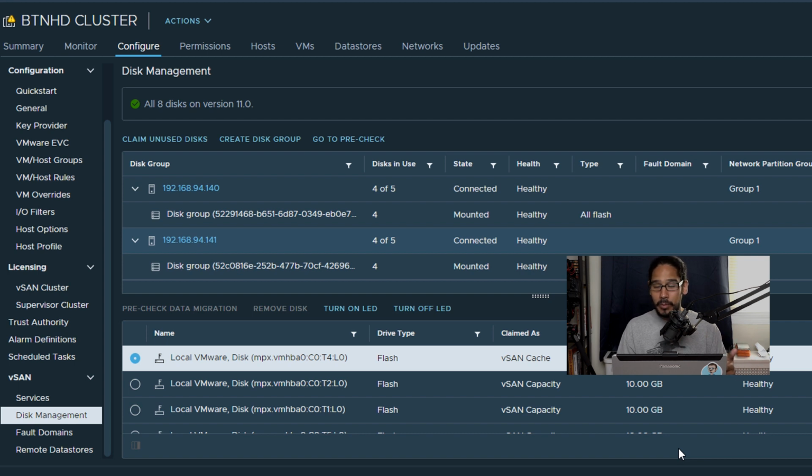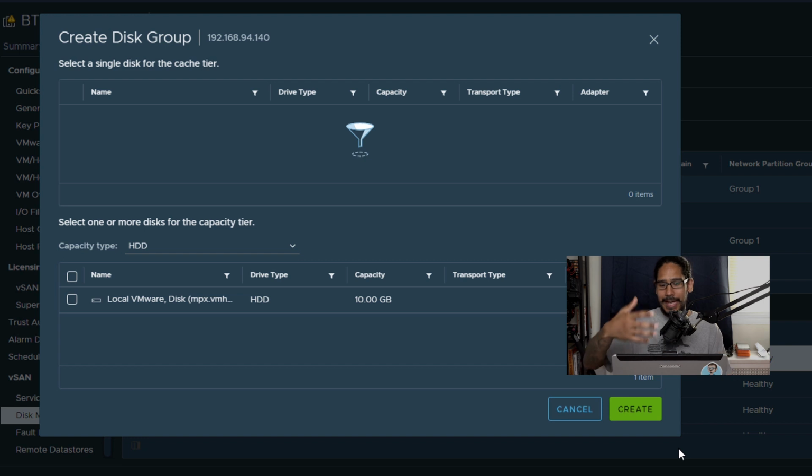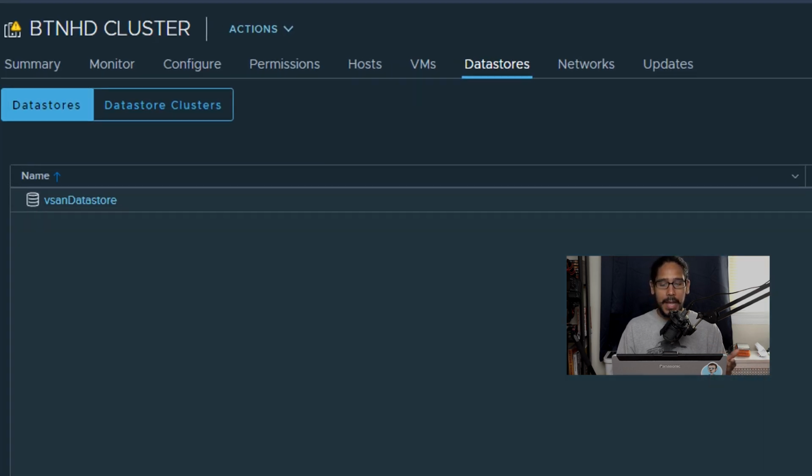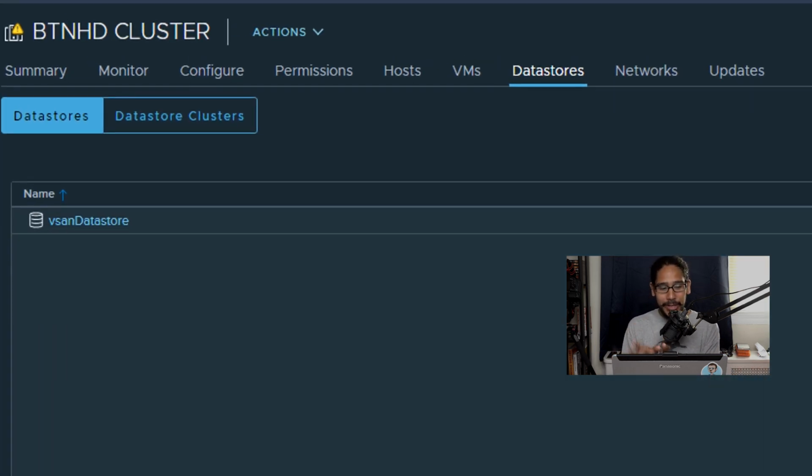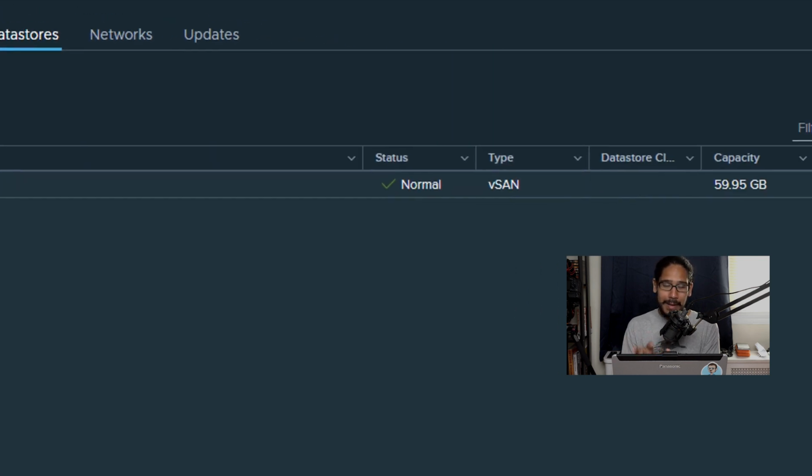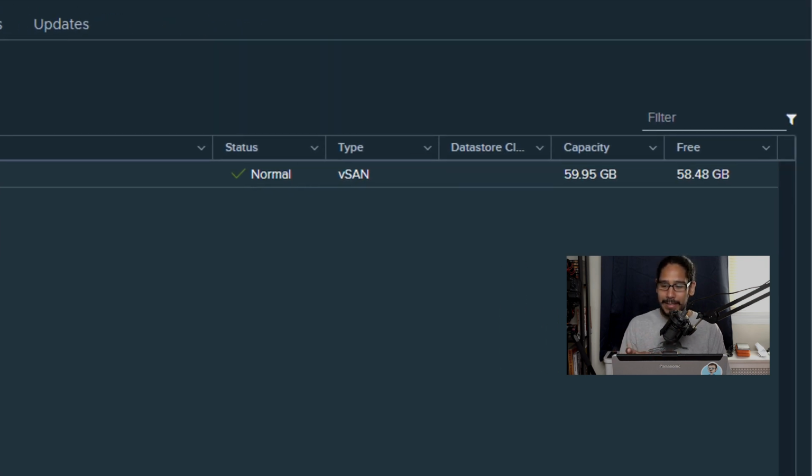If you click on create disk group, I saw all my disks here, and I had to tell it which one was the capacity tier, which one was the cache tier. Once I did all that stuff, I clicked on create and it created it for me. When I went back inside data store, I saw that my vSAN data store had a capacity of 60 gigs.